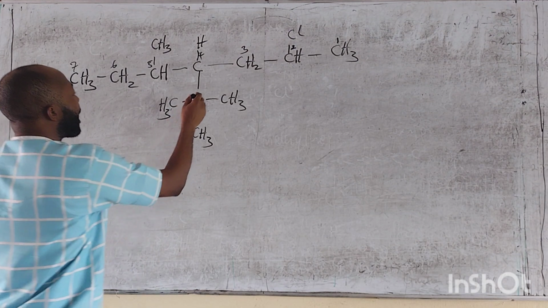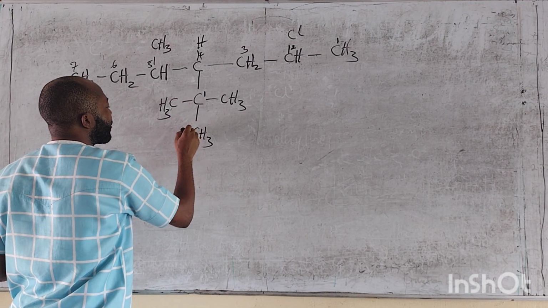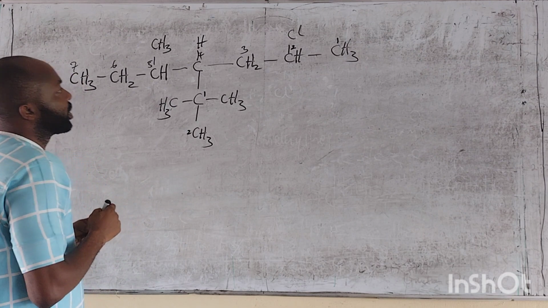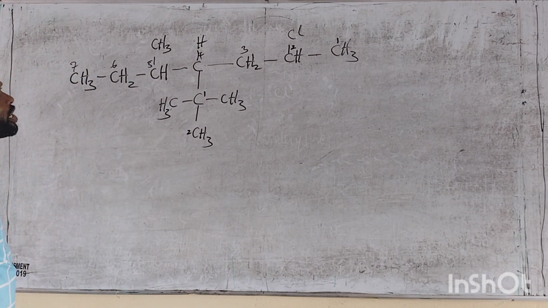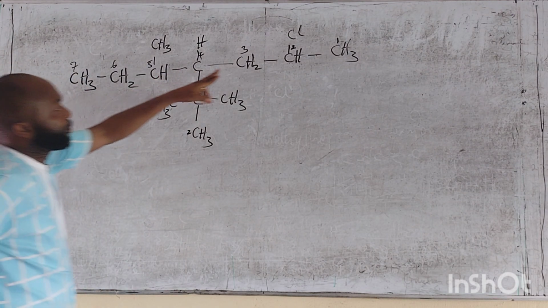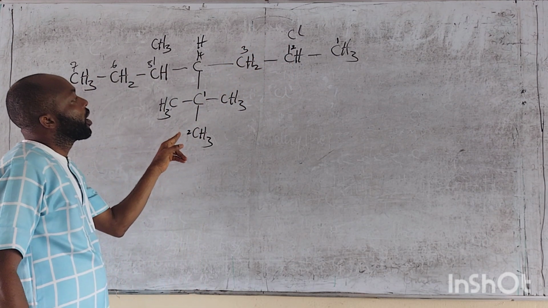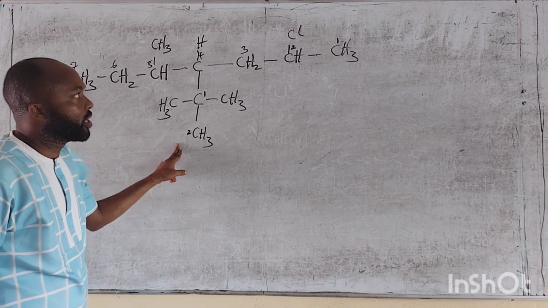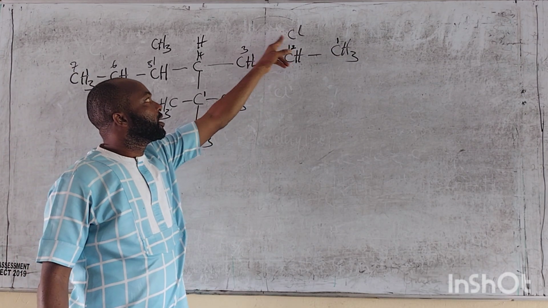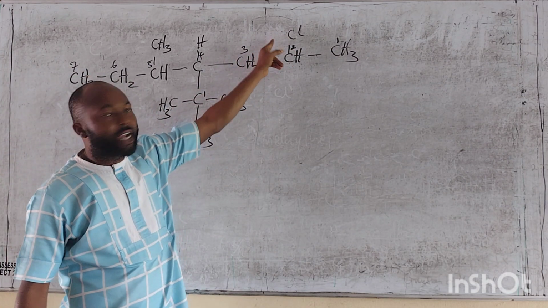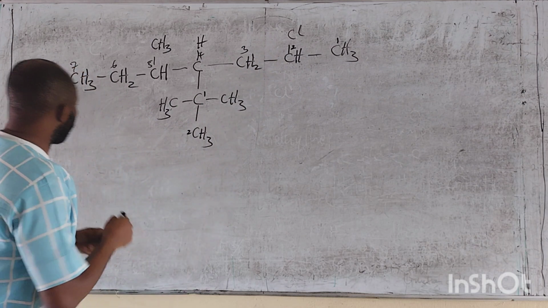All right? So here I can call it 1, 2 if I like. Now let me start with my naming. I have Cl, and this is ethyl, E. So A, B, C, D, E. So I will start from here, am I right? So 1, 2, 2 chloro,